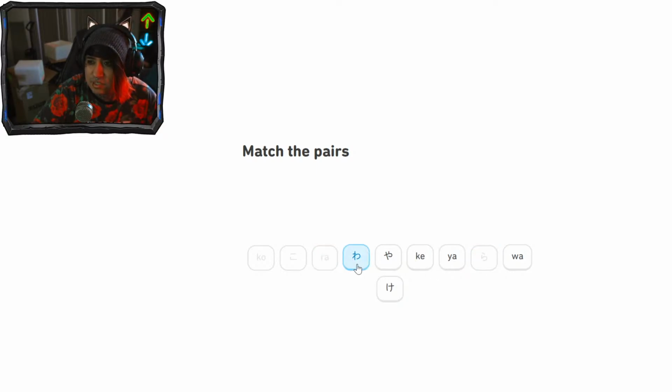And what is this character? Wa. So wa. We are correct. So that one was wa. And then this one has a Y on top with kind of like an A that got mashed in. So ya. や And this is that other sound that we were looking for. Ke. け